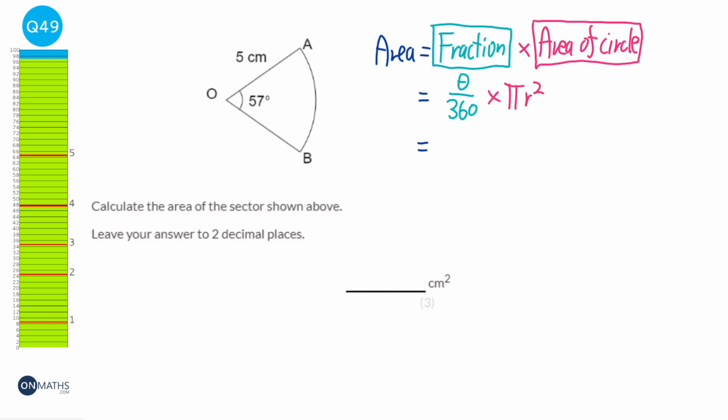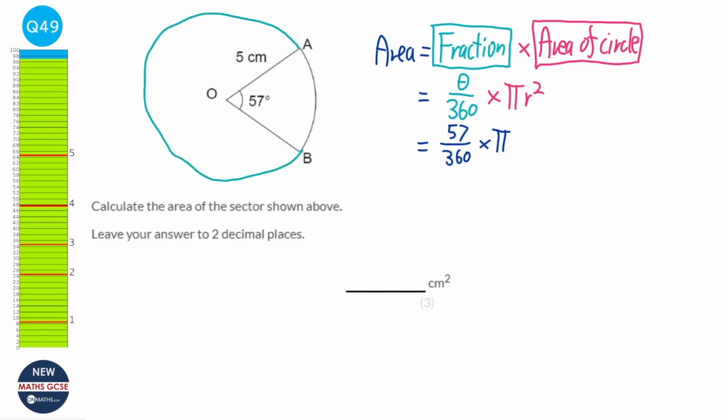Let's use that for our question. So the angle we have for this question is 57, over 360, times pi r squared. Now, to work out what r is, we just imagine the circle is whole. I'll do a badly drawn circle. And you can see here that this length here, this 5 centimeters, is the distance between the center of the circle and the circumference. So that is a radius. So it's going to be times 5 squared. Put that into your calculator and you'll get 12.435 blah blah blah, and it says it wants it to two decimal places, so we round that to